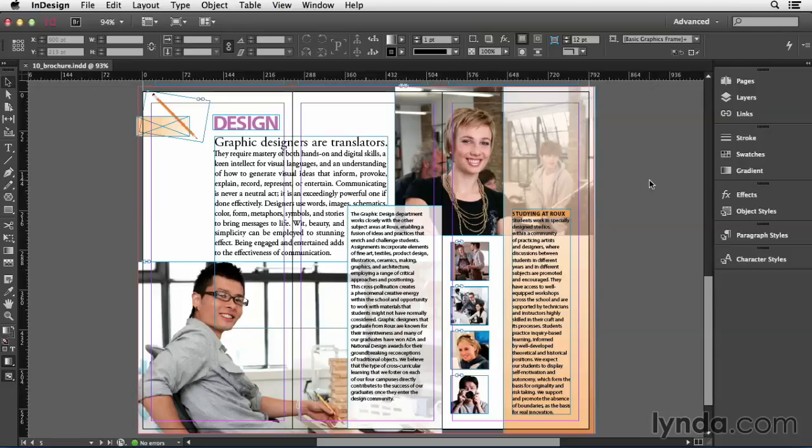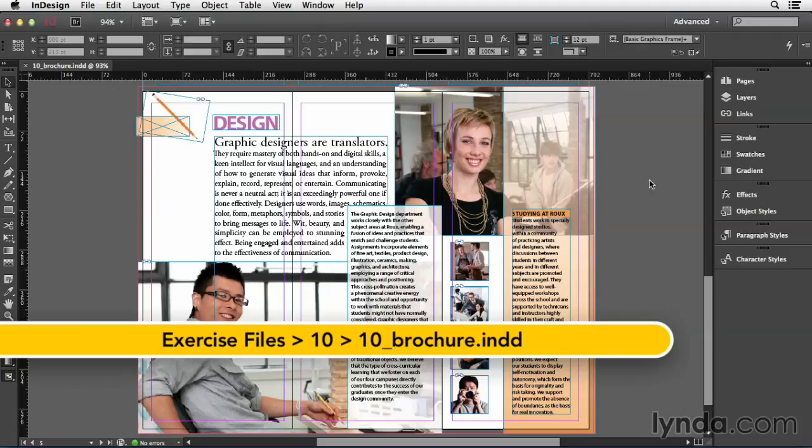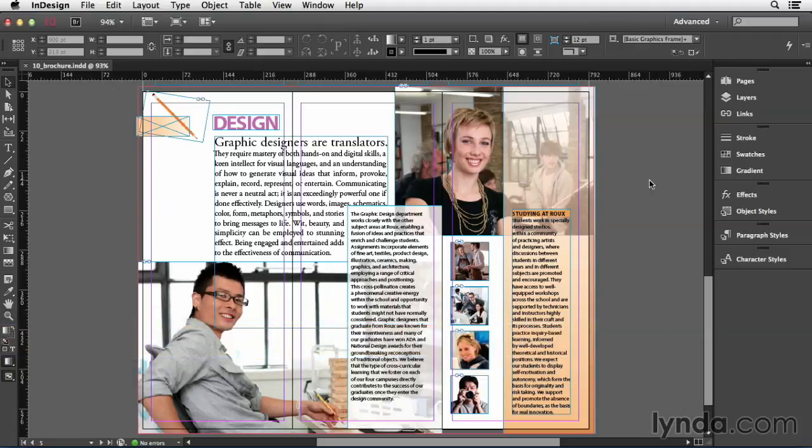I know people who never work with more than one layer in their InDesign document. They manage all their objects using send to back, bring to front. Now, there's nothing wrong with that, technically, other than it will eventually drive you insane, especially in a complicated layout. No, it's much better to create at least a couple of layers in your document, and then use them to